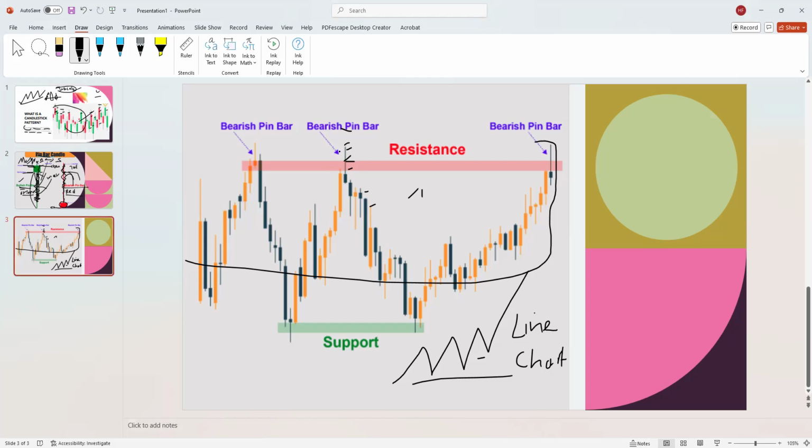Whenever you see this pin bar, look at that pin bar here, that means after a series of going up, when you see the pin bar, it means the stock is going to go down. That's why the pin bar shows you an empty wick here. Sellers push the price because after this, the price was going up with the full candle. So sellers come up and fight back, create an empty wick, push the price down, and we have a small body there. And thereafter it is going down. Stock is moving down. That's the difference between a bearish pin bar and a bullish pin bar.